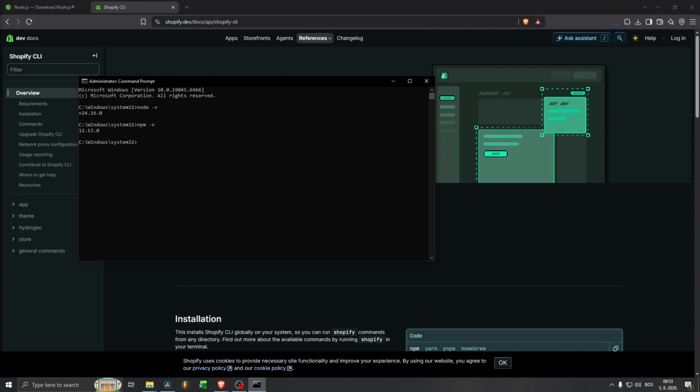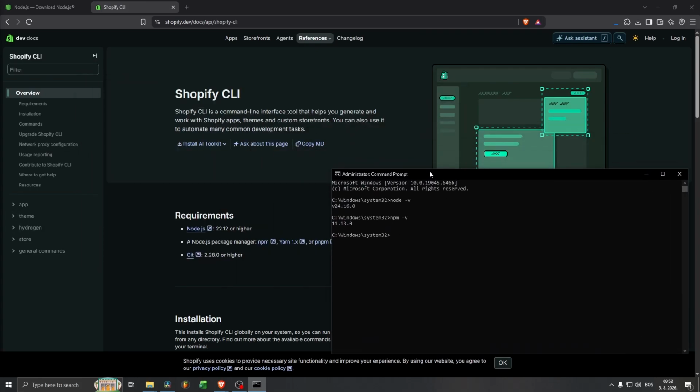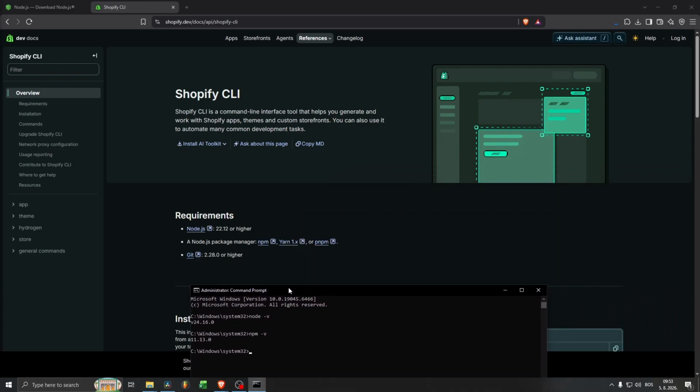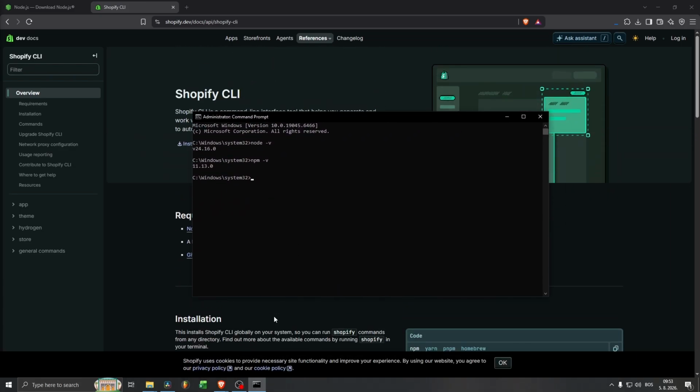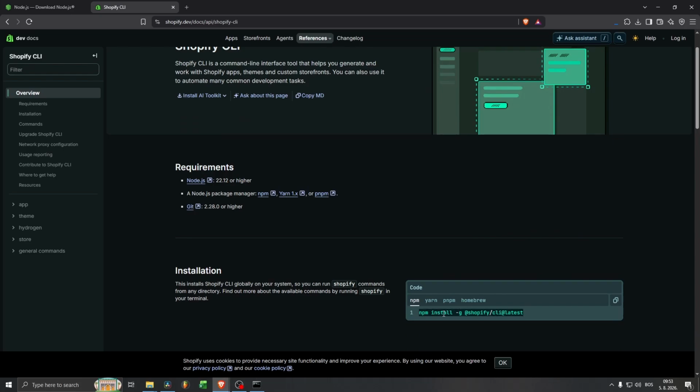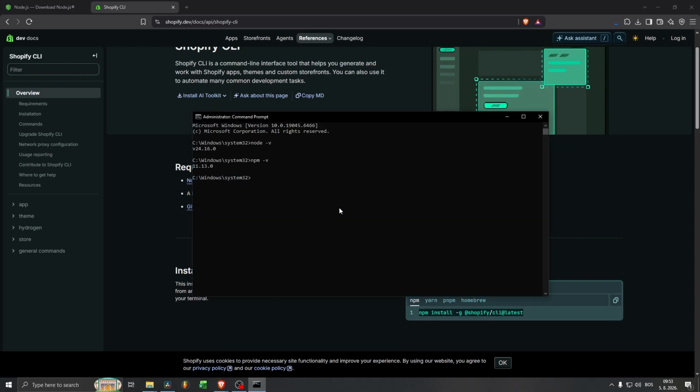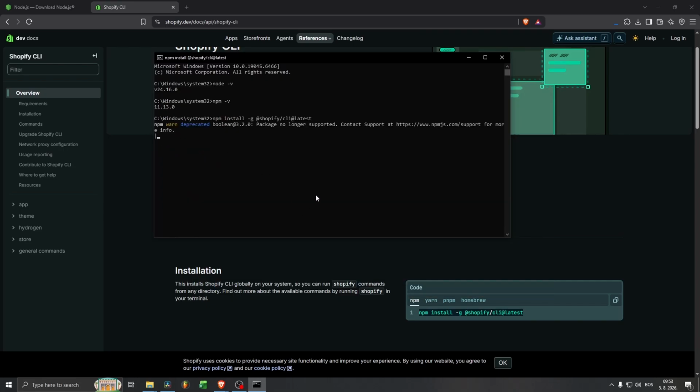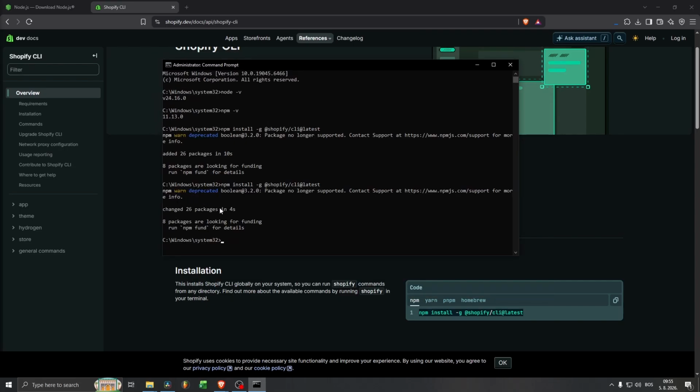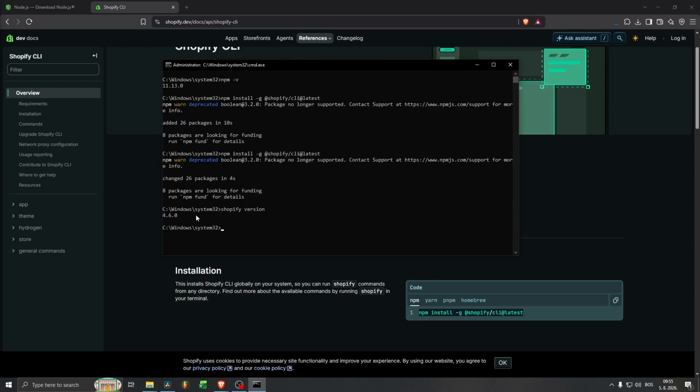Now what we need to do is install the Shopify CLI. I think I saw somewhere a code for that. Here it is. The code is right here. So let's just copy it. Paste it here. Oh, there you go. This is not an error or something. This is just a warning. Let's just verify that Shopify is installed. Okay, so as you can see, it displayed the version, so that means that we have installed the Shopify CLI